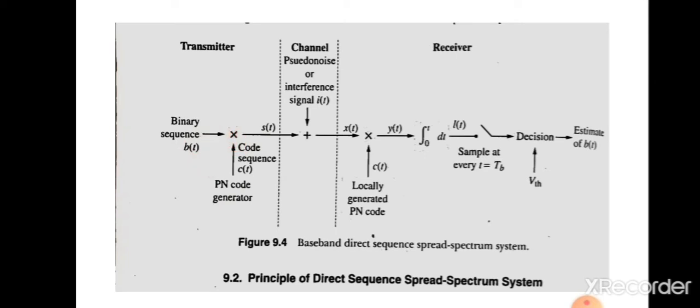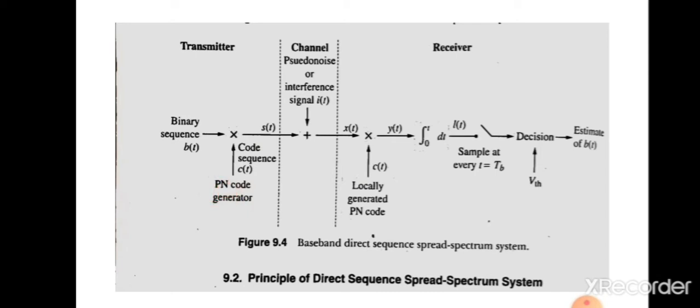Okay, let us see the block diagram. In this block diagram, the transmitter, receiver and channel are shown together. First of all, the binary data sequence is represented as B of t, and there is a pseudo noise code generator. You know about the PN code generator: the PN code is generated by shift registers and also a parity generator. Together they produce the PN code. Also there is a clock signal given to each of the shift registers. We have studied the PN code generator.